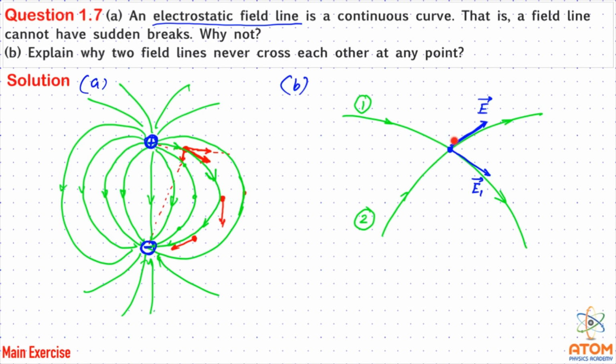Now electric field is a vector and a vector cannot have two directions at any point. Suppose you are standing on a road, so either you would be going to the right side or you would be going to the left side. You can't be going in both sides at a time. So it's not possible that you will have two directions at the same time. The same way, this electric field cannot have two directions at the same point. That means this is not possible. That means that field lines crossing is not possible. So electric field lines never cross each other.